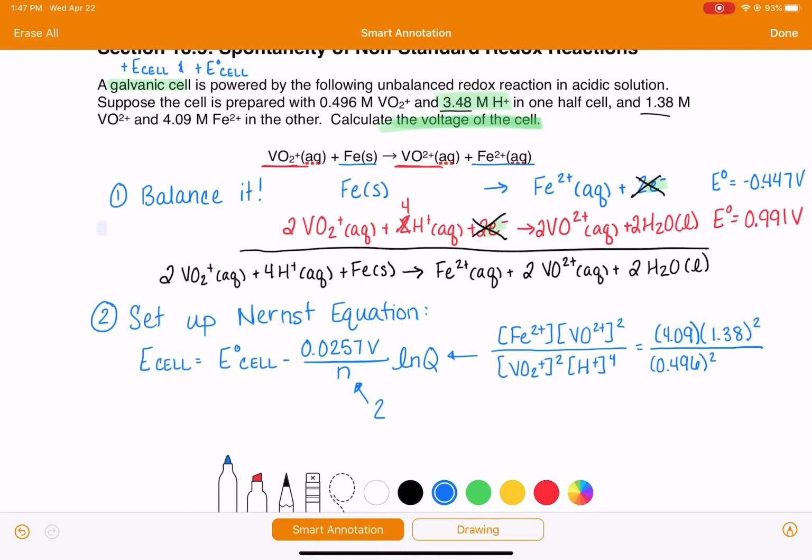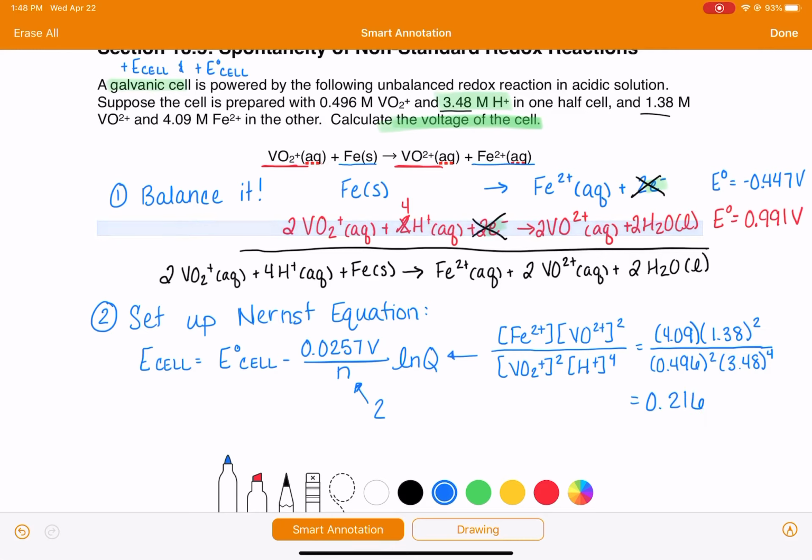And then our hydrogen concentration, 3.48, and that one is raised to the 4th. So there's that, and we can figure out what that is. Let's do the math on that really quick. 4.09 times 1.38 squared, divide by 0.496 squared, and divide by 3.48 to the 4th. So that works out to be